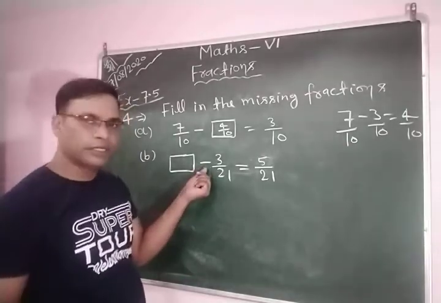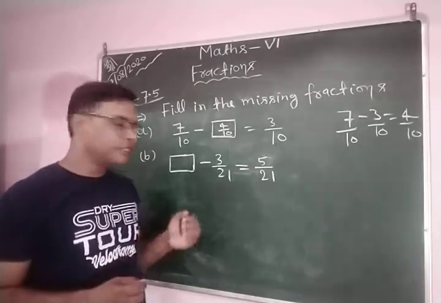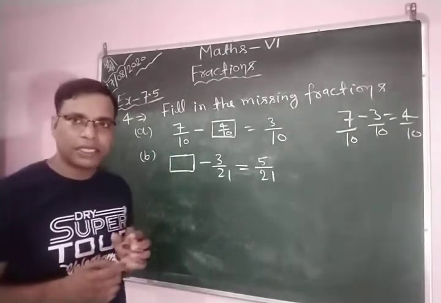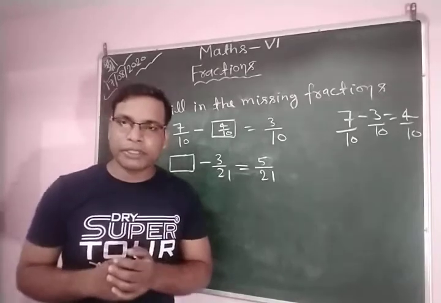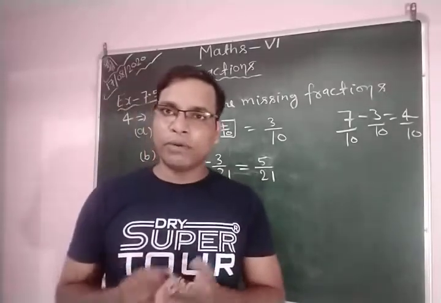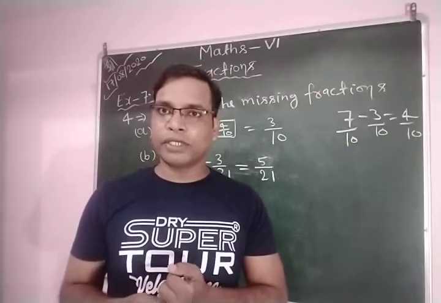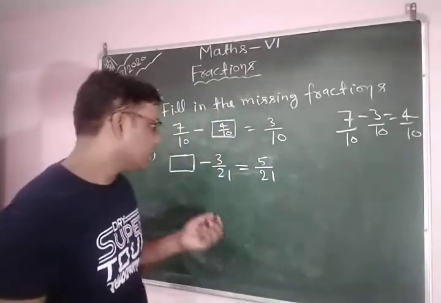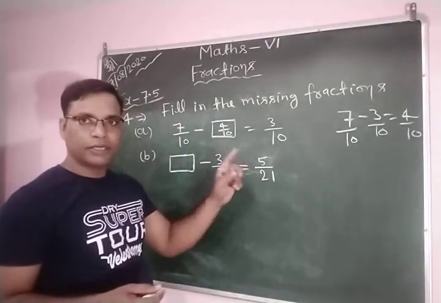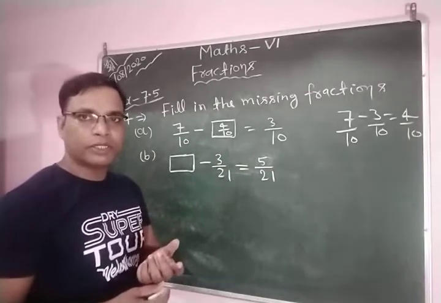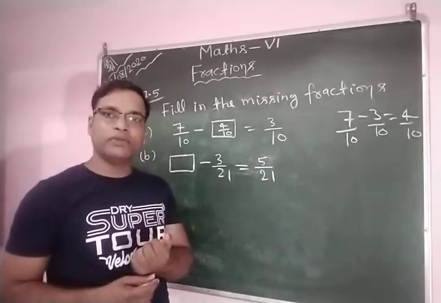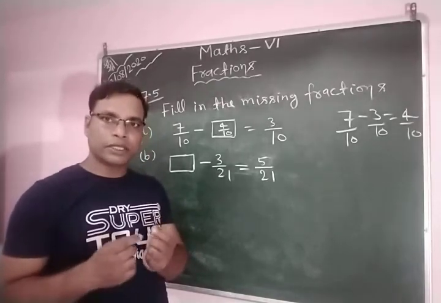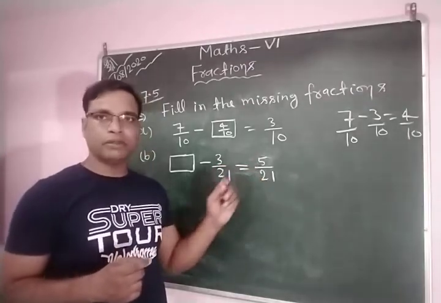Okay, and here this is minus, so on which numbers? It means that this is also like terms. Okay, so on these numbers we subtract 3, then we get 5. If you subtract 3 from any number, you get 5. What is the number? If you add 5 plus 3, then we have the required number. So you sum this 3 and 5, then we get this number.